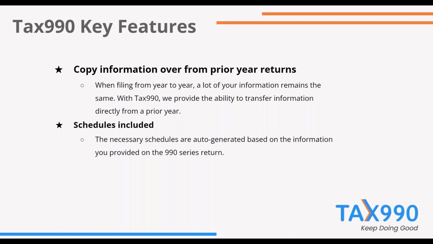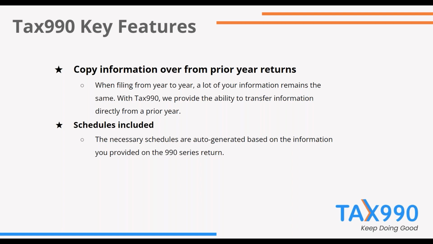When filing from year to year, we understand a lot of the information remains the same. So we provide the ability to transfer information directly from a prior year return. When filing consecutive years, the organization information, public charity status, books are in the care of details, Schedule B contributor names and addresses, list of officers, and prior year revenue and expenses can all be transferred to the current year return. This is an optional feature, and the information can be changed once the transfer is made,